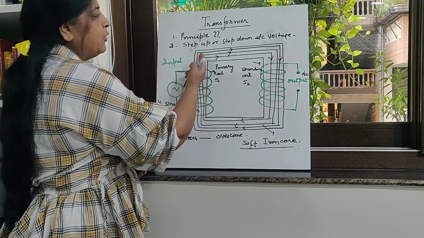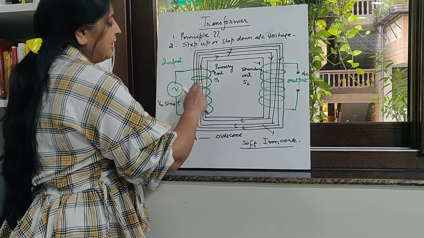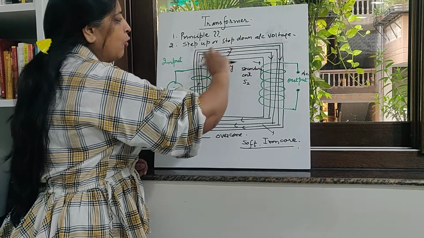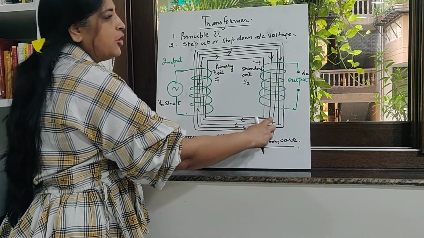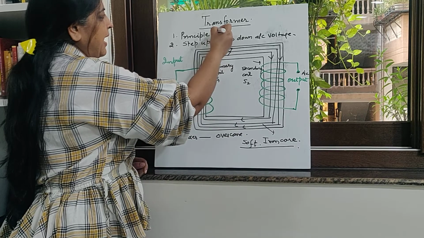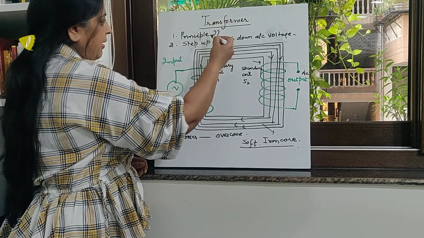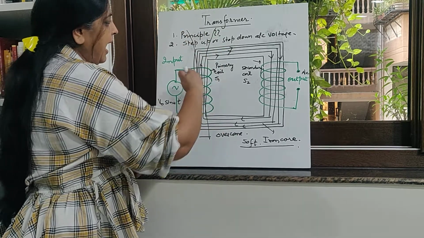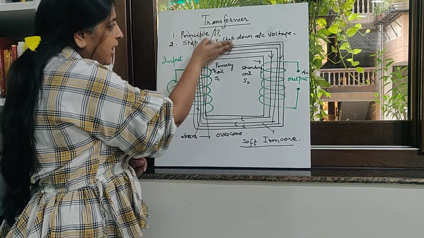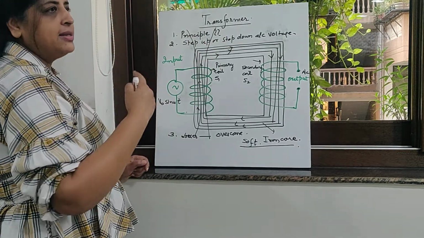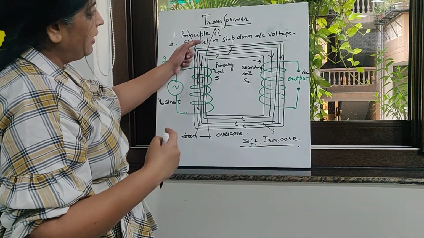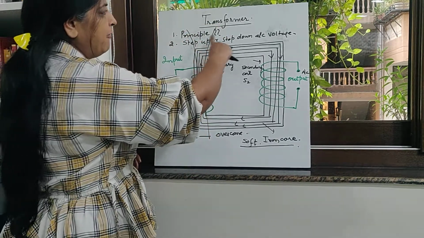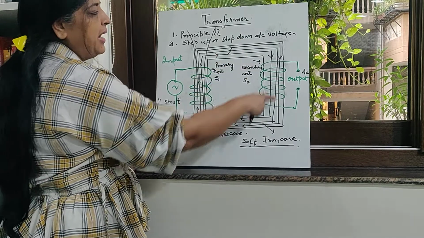Now the current has been produced in such a direction that the magnetic field line is like this, and magnetic field lines always form closed loops. So let us say these magnetic field lines cross the iron core and get linked with the secondary coil also, right? Actually, if I draw it here, maybe you can see, the field lines will be like this. Because it is an iron core, a ferromagnetic material, it will not let the magnetic field lines go outside, so they will be contained inside. Because they have to form a loop, the magnetic field lines will be like this.